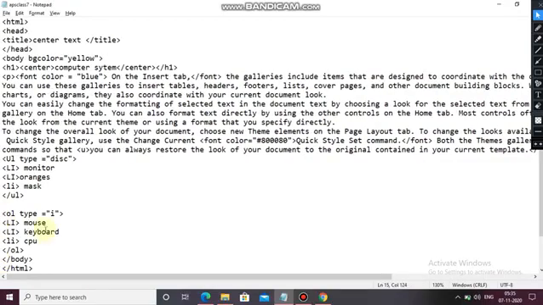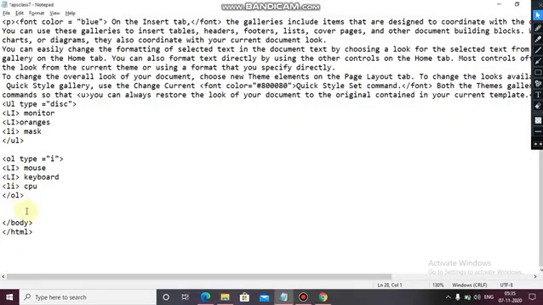So I am writing here subscript. For subscript you have to write sub.